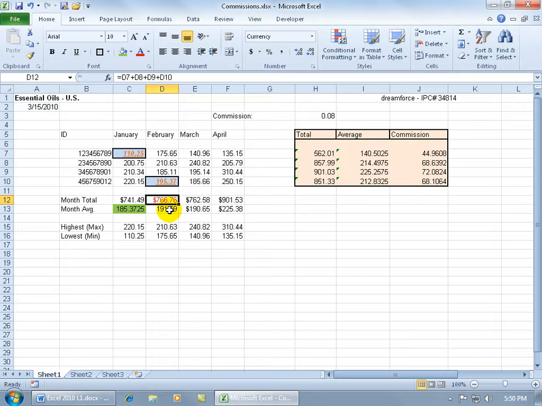So if I want to continue applying the same format, the most recent format, red, to the font in any cell, just select the cell and hit the F4 key on the keyboard, and automatically it applies the most recent formatting. So if I decide in mid-stride to change the formatting and say, I'll make it bold, the next cell that I select and hit F4, it applies bold because it was the most recent format that I applied. It doesn't remember any earlier formats, only one at a time,